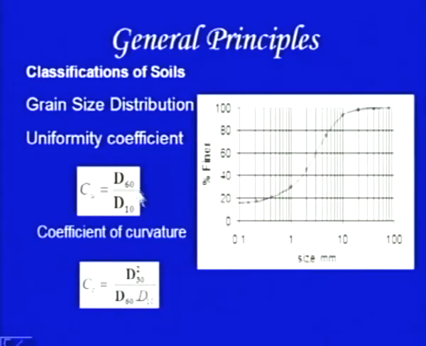So, Cu is taken as D60 by D10. Coefficient of curvature gives the idea about the curvature of the curve, and this is given as D30 square divided by D60 times D10. So, these two parameters are computed, and based on that the classification is done for the